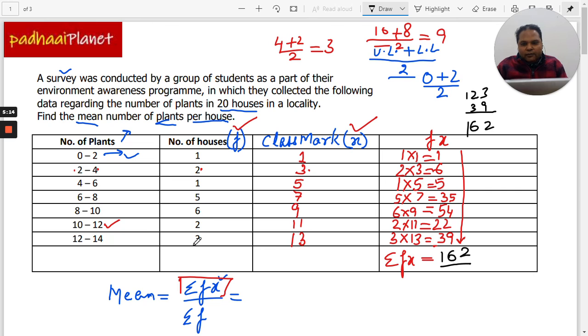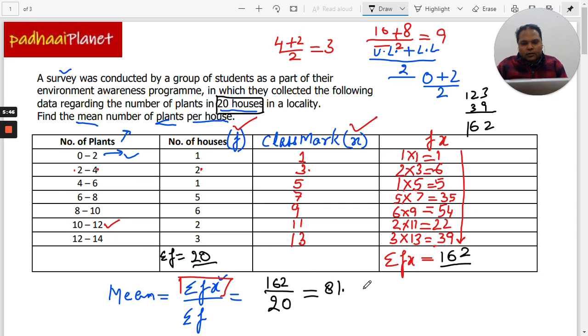And sigma f is simple, so we will just add up all these numbers. So 3, 4, 9, 15, 17 and 3, and this is 20, which is correct because we are talking about 20 houses here, right? So obviously this is going to be 20. So now it is very simple. We will simply put these values here, and it is 162 divided by 20, and the answer is going to be 81